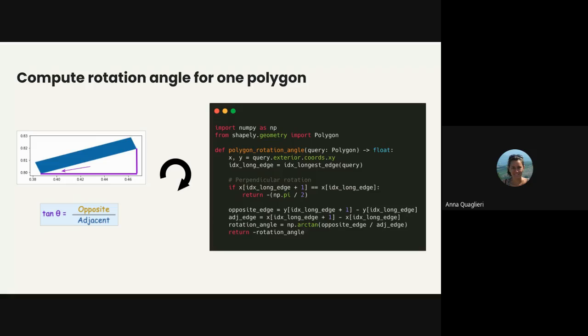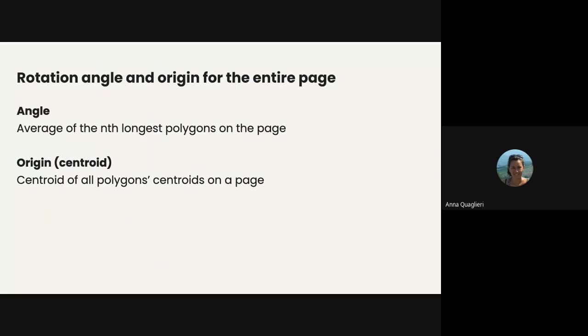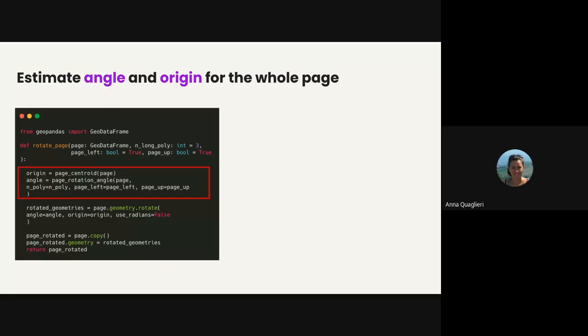Great. So now we have the angle. What we can do now is use the nth longest polygons on the page to find an average angle on the page, and then use the centroid of all the polygons to find the origin for the rotate method in GeoPandas. In this, we created this rotate page function, which takes as input